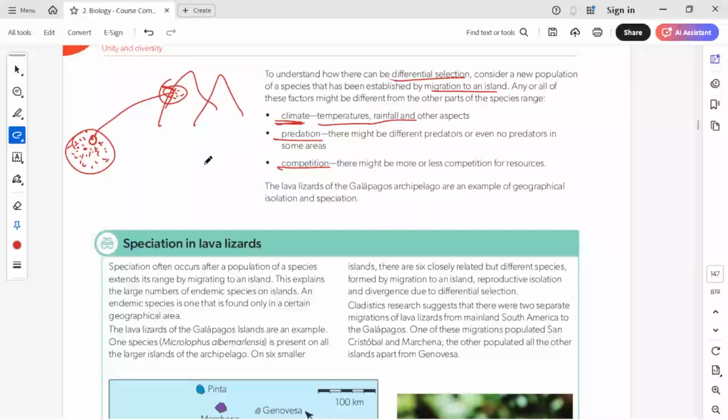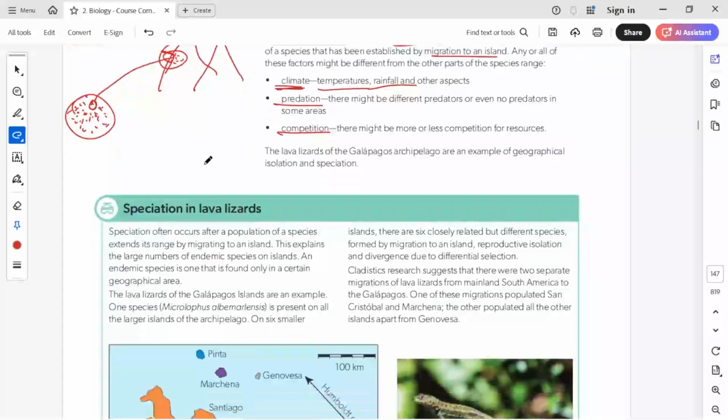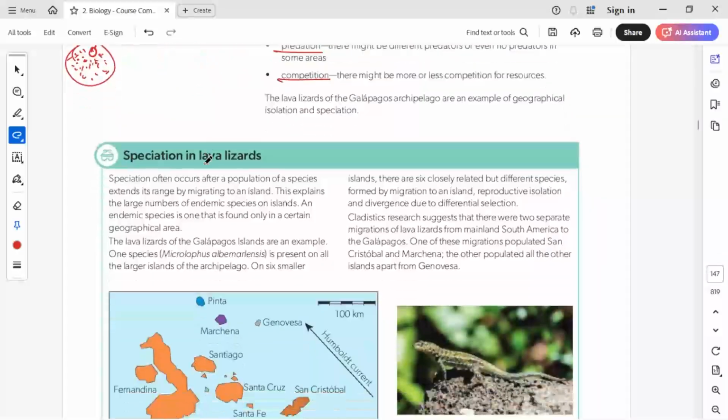Such adverse conditions will bring changes into the particular organism, and after some time they will get adapted to that area. They will have a lot of gene pool changes, mutations will continuously accumulate, the natural selection process will take place, and a new variety of the organism will be formed, a new species will be formed.